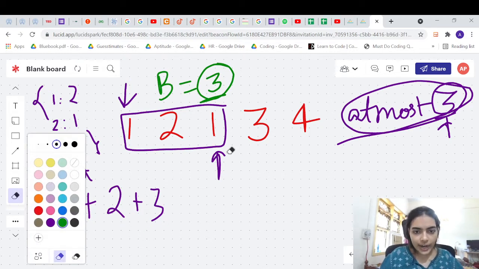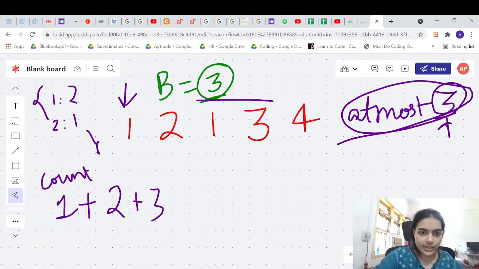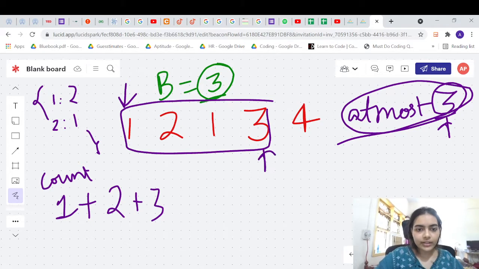Okay, now let us try to expand it again. Now let us expand this subarray. So we get this, right? So we get 1 2 1 3. This is the new subarray that we get. Now we have added one more element, one new element, but the size of the map is 3. It is not